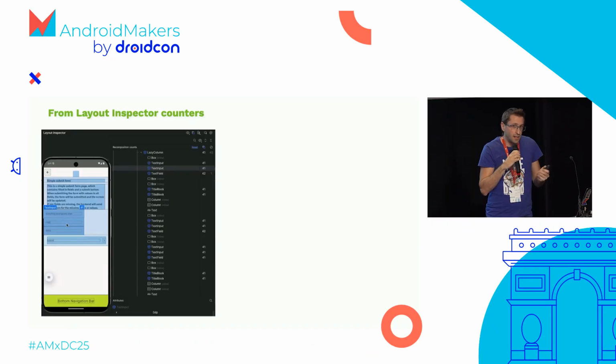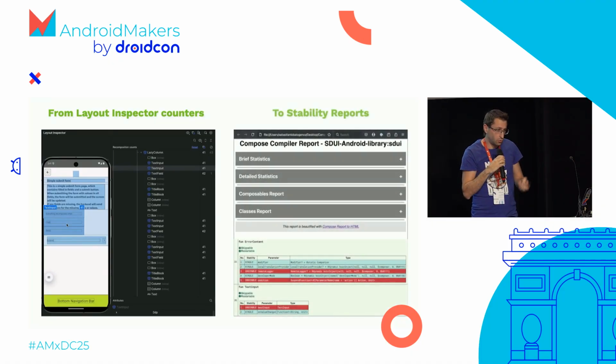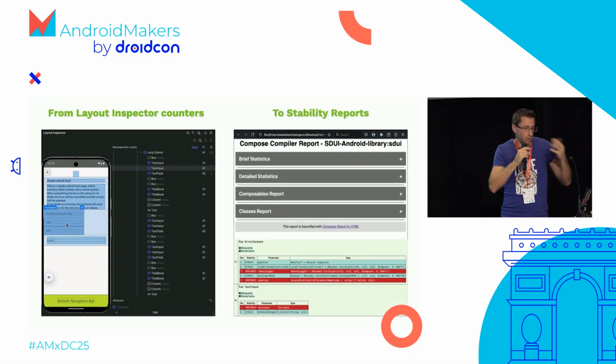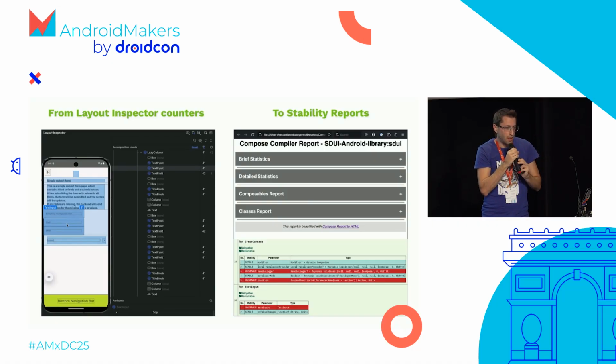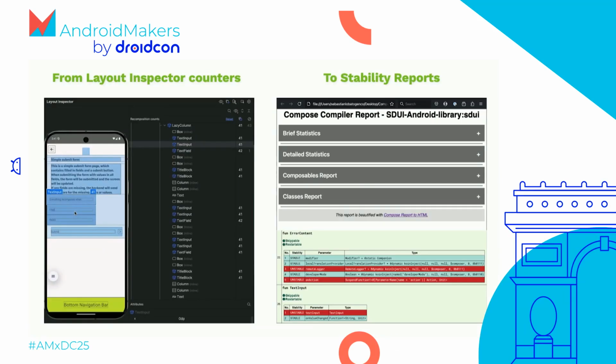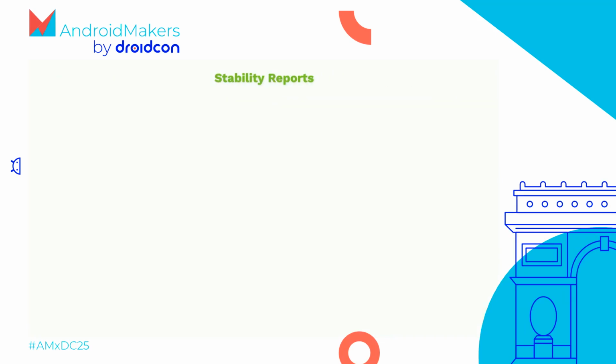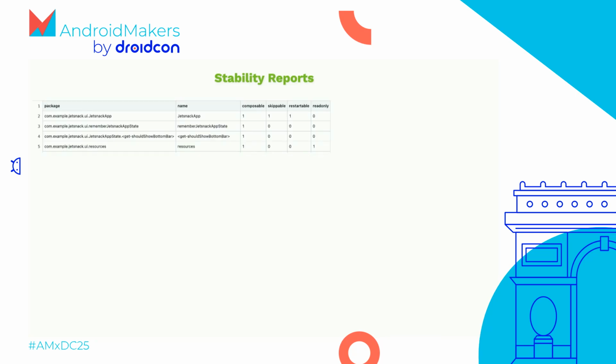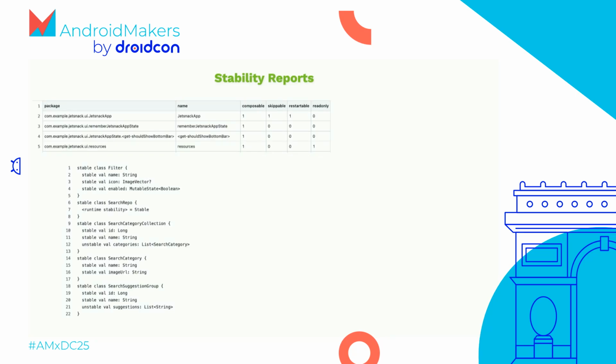From these counters, I cannot see what is stable. We actually need another tool, and luckily for us, Compose provides another tool. It's called stability reports in Compose, but they are very raw reports, and they look nothing like what you're seeing on the screen. So they look a little bit like this, together with the other files, some of them CSV,